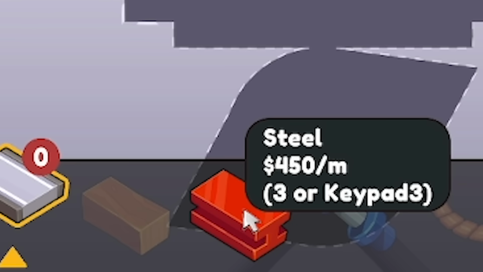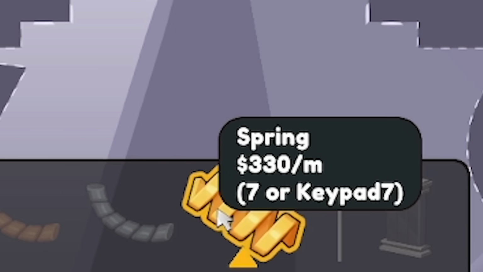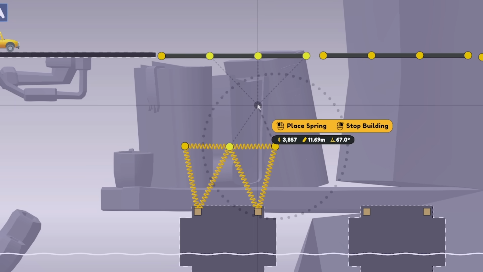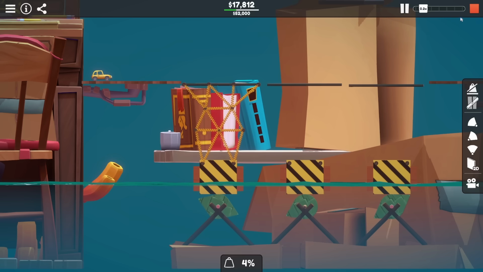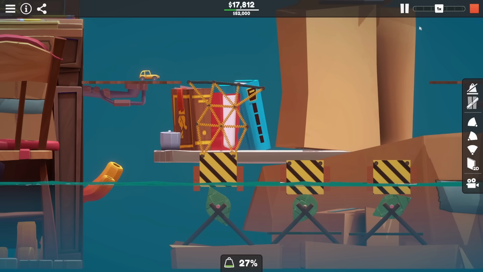Steel is 450 a meter. Springs are a lot less, but they are springy. Really? Can we do some sort of trussy thing like that? Is that overkill? Is that even going to work? Hang on, let's turn up the...